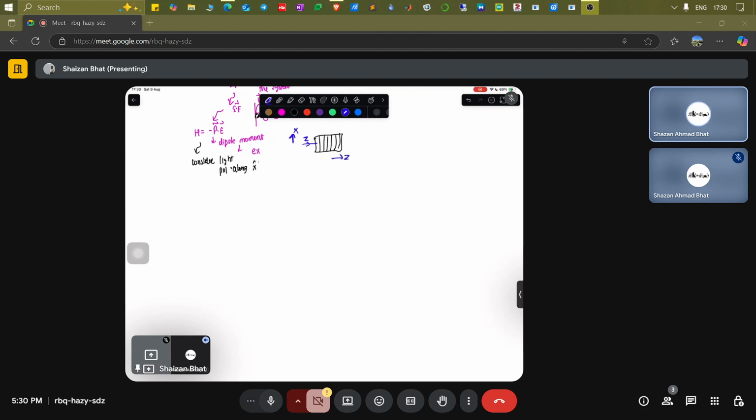This is the z direction. So the polarization is along this x direction, so that the electric field oscillation is along this direction. That's what I mean. Once you do this, it simplifies the maths here. Otherwise, instead of x you put y, you get different things. Instead of y you put z, you get different things. You just have to solve the integral, and if you are good at solving integrals, then it's a cakewalk for you.